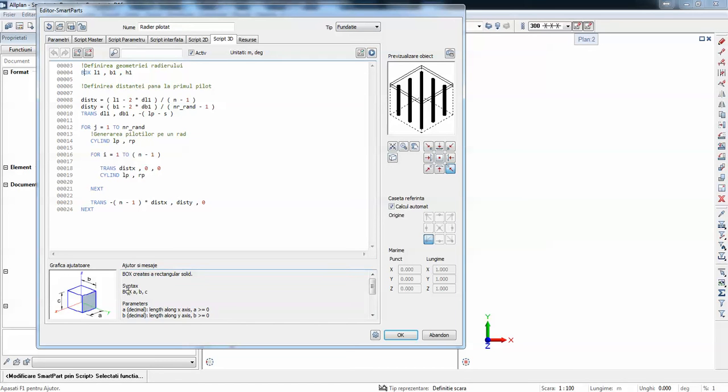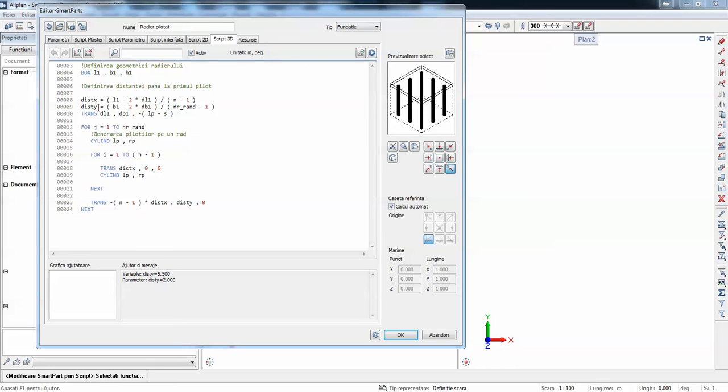The box has ABC parameters, which stand for length, width, and height. So I create a box in the geometric center. Then I have to create the first pile and I calculate my distance X, by having the length of the rafter minus 2 concrete covers, and I divide by n minus 1, n being the number of piles per one direction.